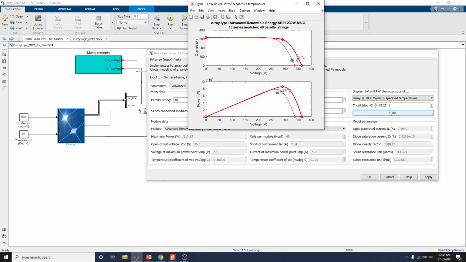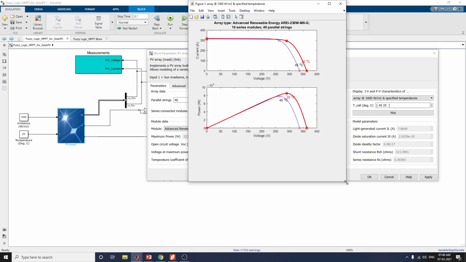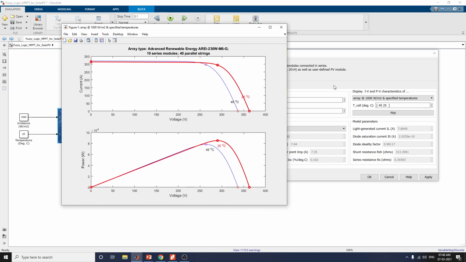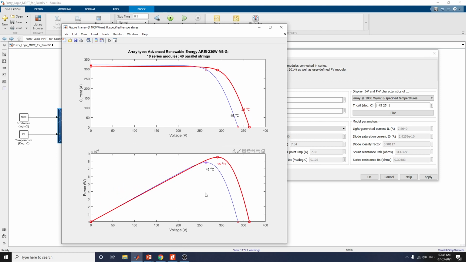Just to give the plot according to your input, the plot shows the IV and PV characteristic of this particular array type, that is the Advanced Renewable Energy ARE 230 watts M6G. This is nothing but the power at maximum, that is our dP.